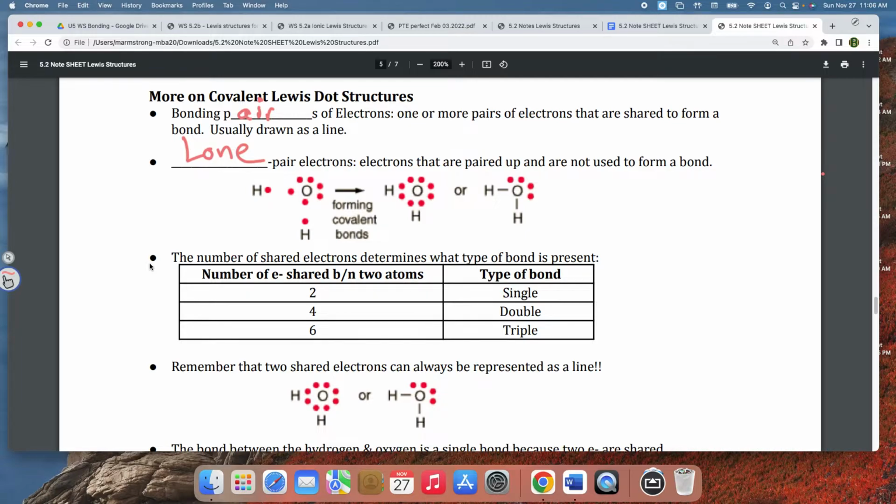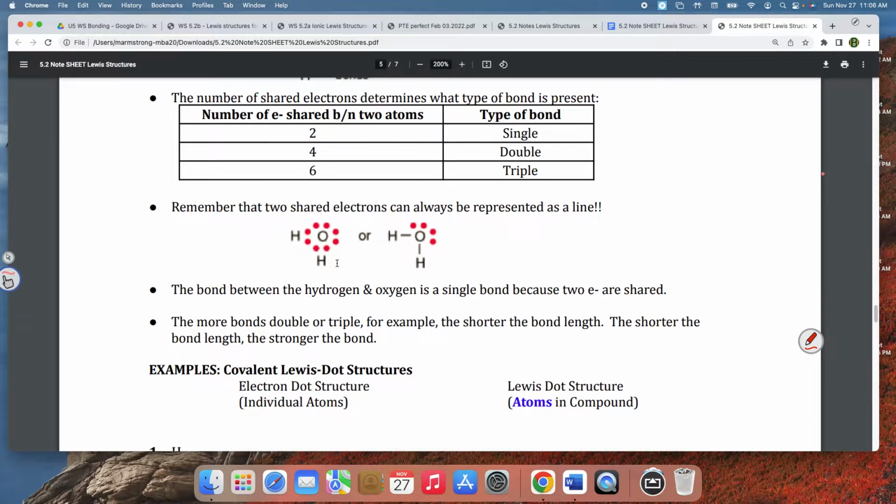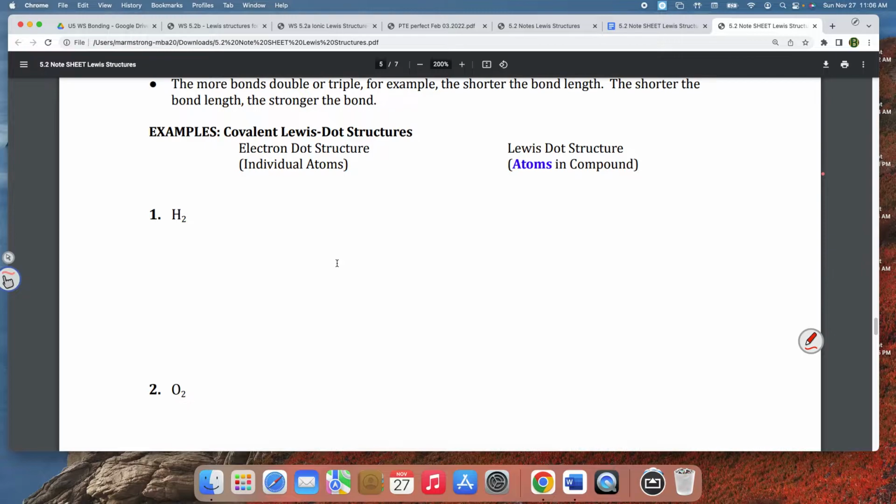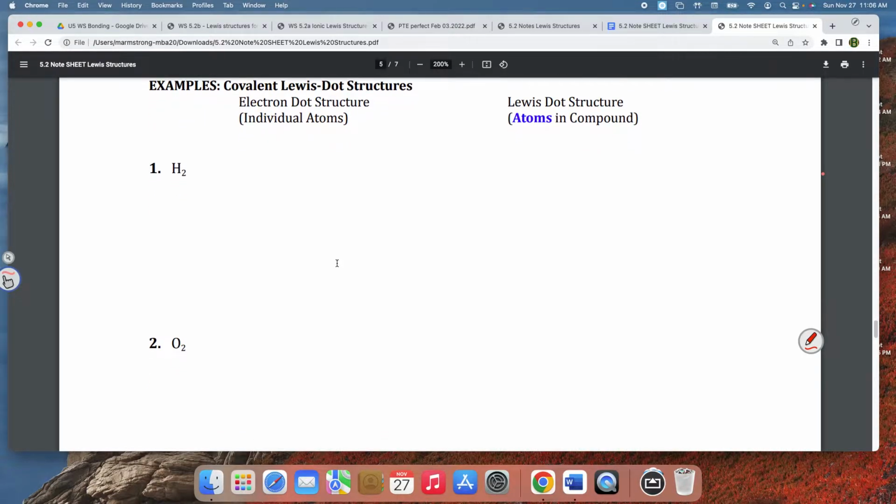And again, we went through the single bond, the double bond, the triple bond, and remember that shared electrons can be drawn as aligned, but you don't have to draw it like that. It makes it easier on the eyes. So let's try some of these. Let's do the electron dot structures for